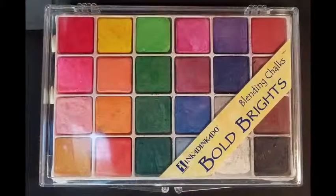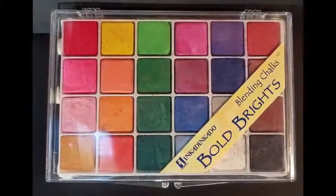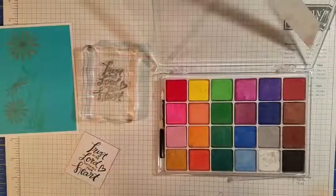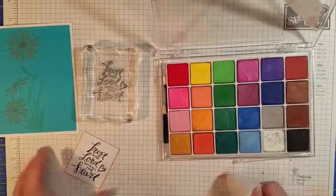And the chalks that I'm using are from Inkadinkado. They're called blending chalks, and these were Bold Brights. Now, this set is kind of old. My sister gave it to me, actually. I stamped a sentiment,